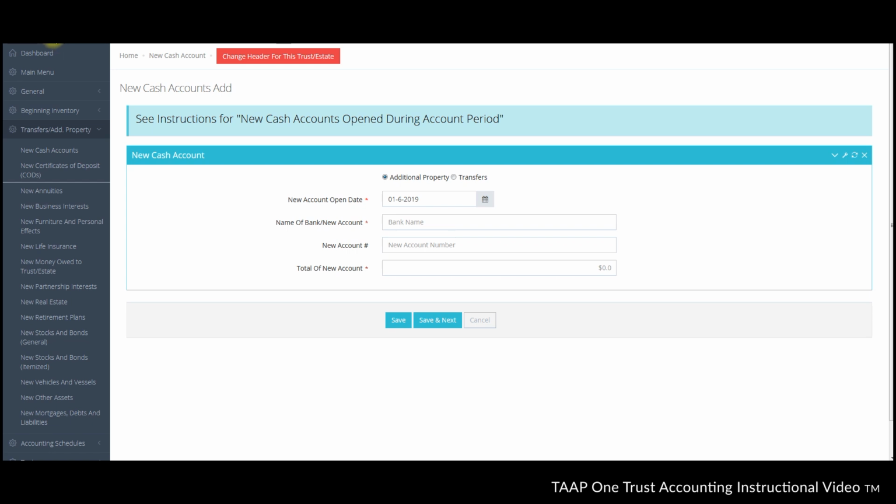The first thing that you're going to have to decide is whether or not you're going to create a new bank account or whether this $1,000 is going to be transferred into an existing bank account. So if you're going to start a new bank account, then you would use the new cash account screen. If you're not, if you're going to receive those funds and then transfer or deposit those funds directly into an existing bank account, like Bank 2, for instance, then what we would do is we would go down